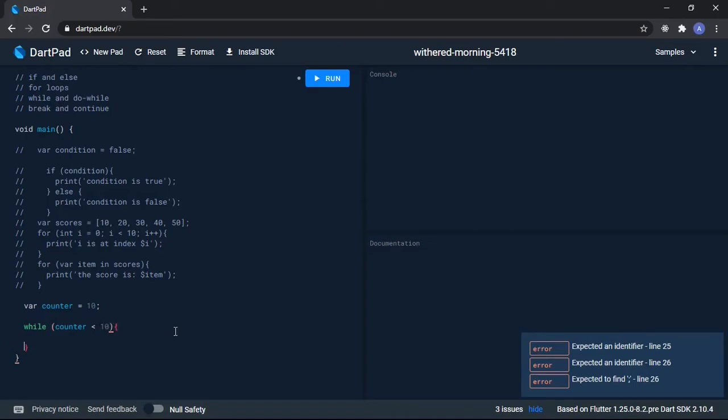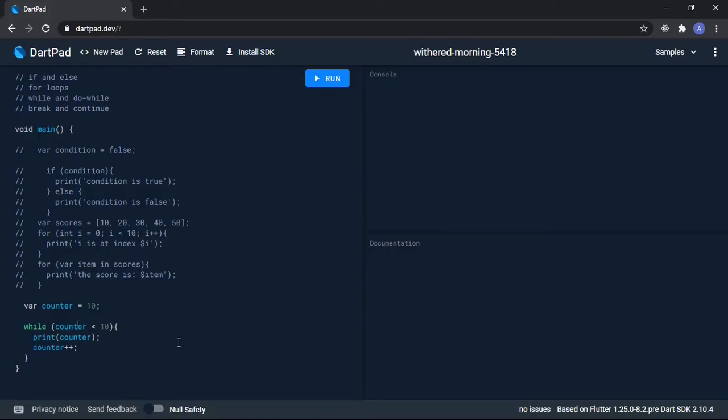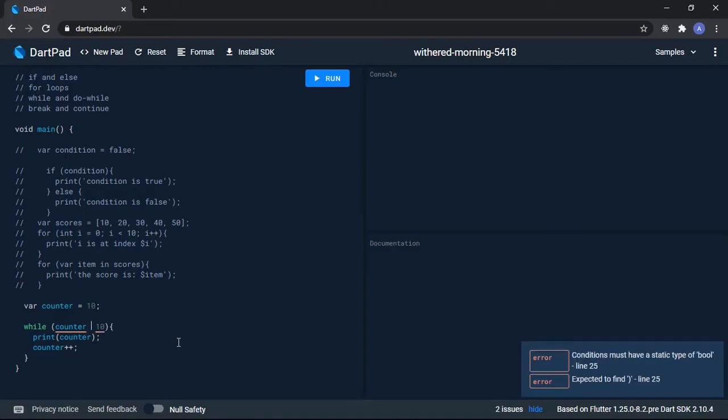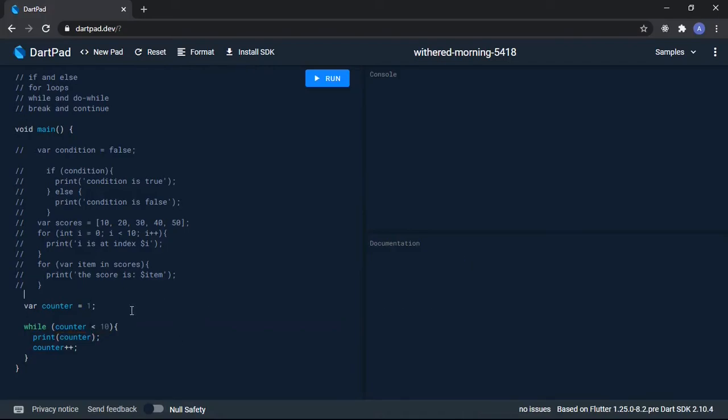I'll just finish that so that I can explain. Say print, say counter, and then counter plus plus. Now, oops, sorry, I should actually put a less than, and then I'll just make this 1. Sorry about that. You usually have a counter which you will be using in the condition, because a while